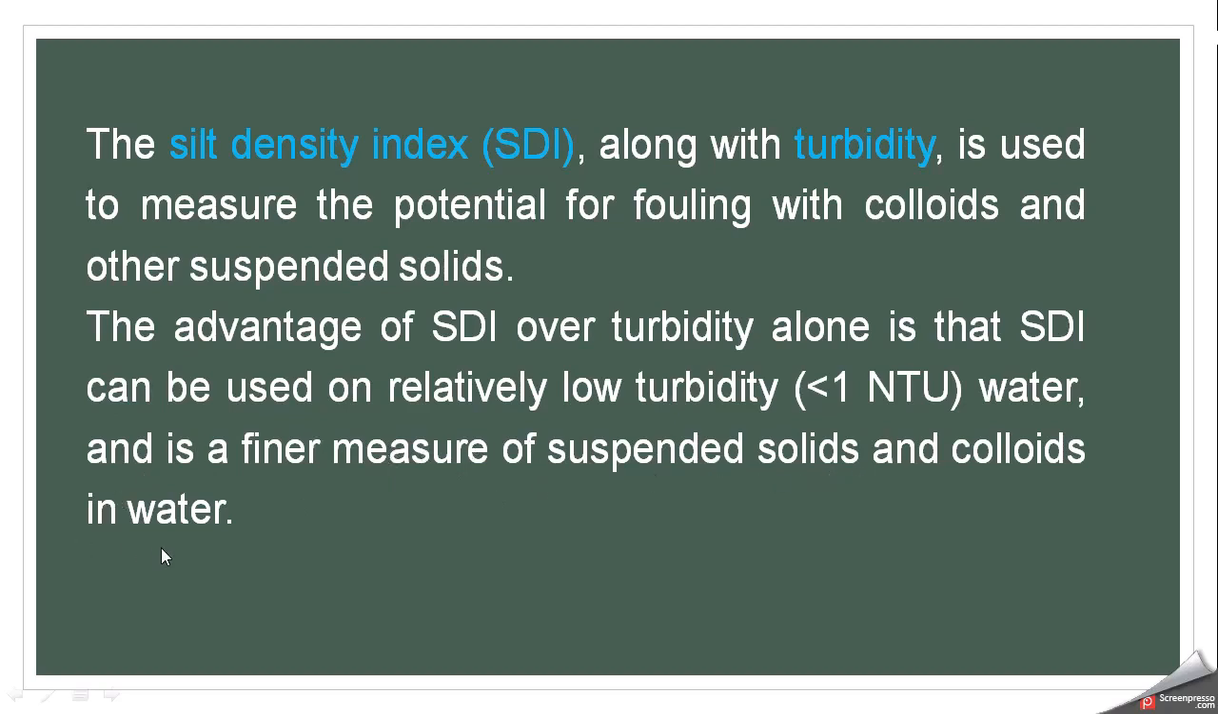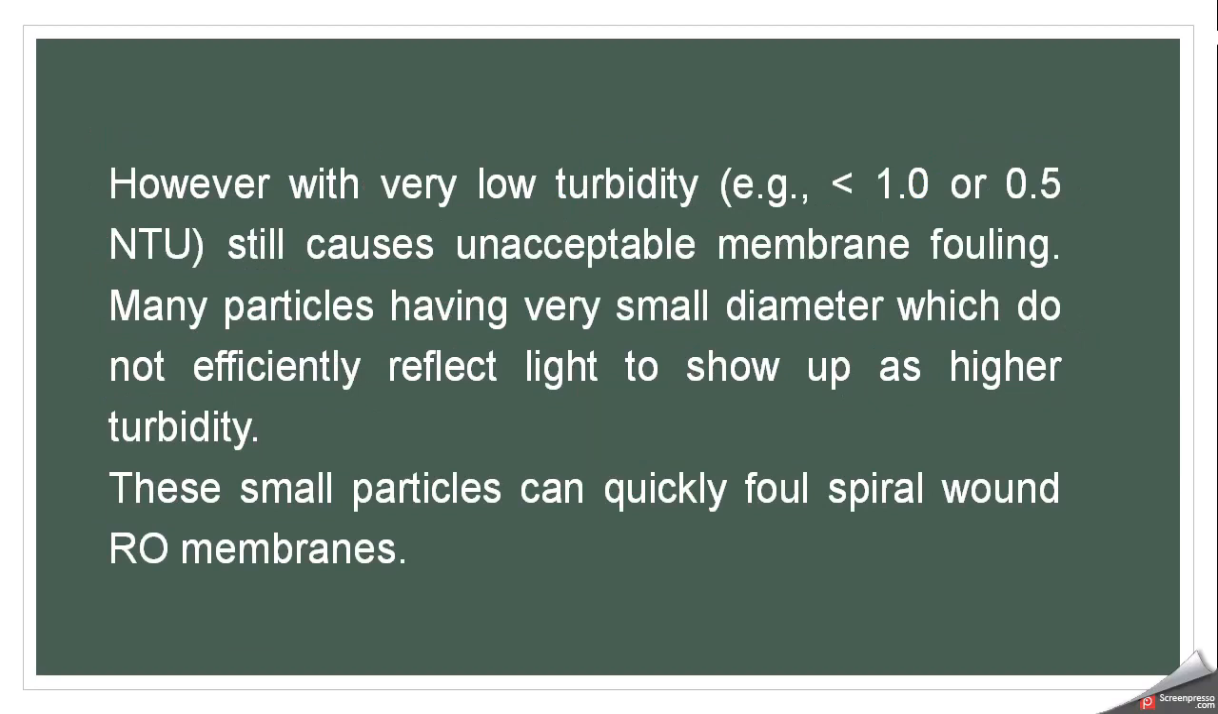Sometimes when turbidity is very low and difficult to measure, especially when its value is less than 1 or 0.5, then we assume that this water is very good. But when we perform the silt density index test, it will tell us about the real condition of the water regarding fouling. However, very low turbidity, less than 1 or 0.5 NTU, can still cause unacceptable membrane fouling. It has happened at some plants that they had a turbidity level of less than 1 or 0.5, but they still faced drastic